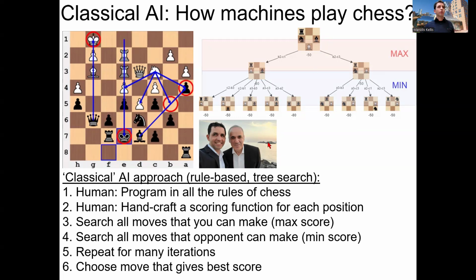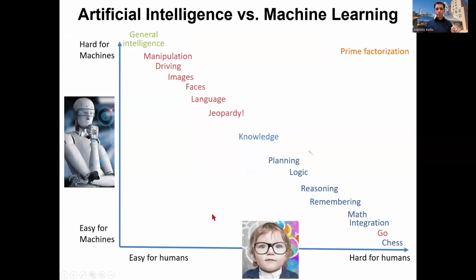And then that's where Kasparov lost to a machine back in '99 or something like that. And then the world was shaken. At the time, we thought that humans would be unbeatable at this kind of thing. And eventually, machines got better and better and better. Anyway, I'm not going to get into what's happening now, but needless to say, a lot has changed. So this was the classical way that humans would play chess.